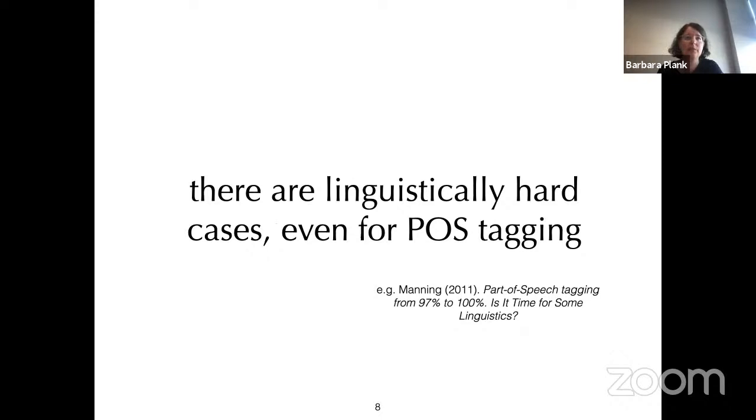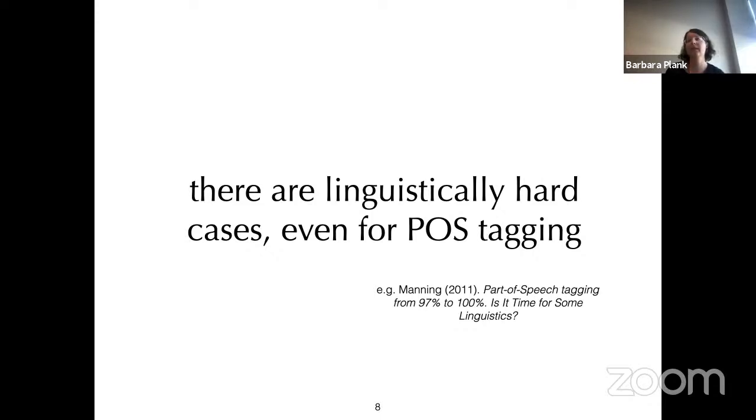So we moved from more semantic tasks to syntactic tasks like dependency parsing. But what about even simpler, presumably simpler syntactic tasks like part-of-speech tagging? We've seen that in fact there are linguistically hard cases even for part-of-speech tagging. There's a very nice paper by Chris Manning from 2011, for instance, who looked at what it takes to go from 97% to 100%, and whether it is time for some linguistics.